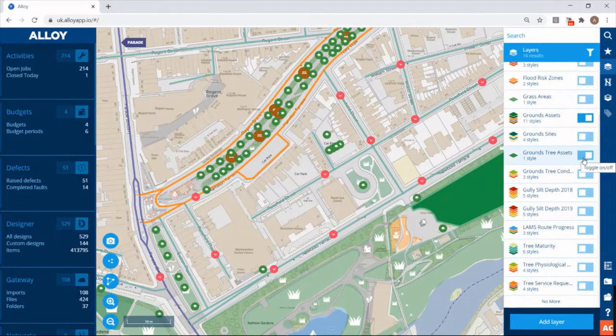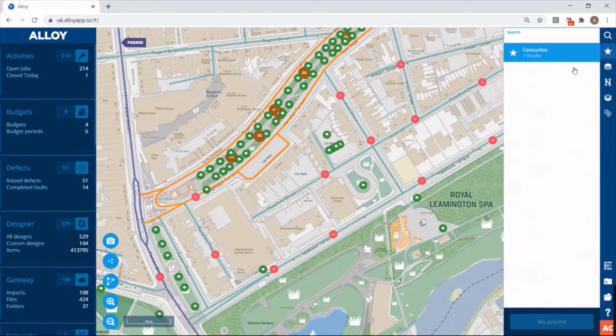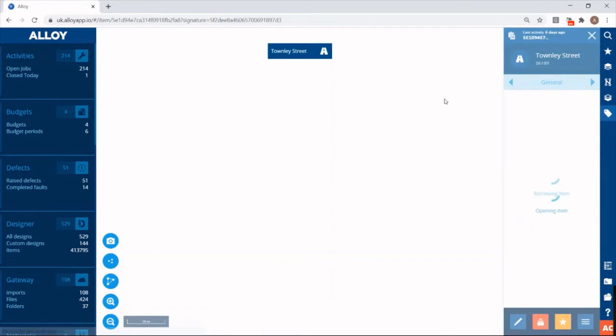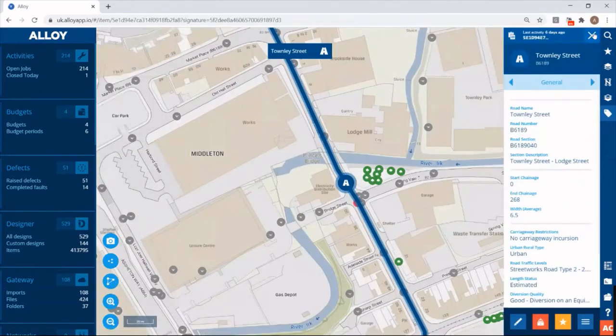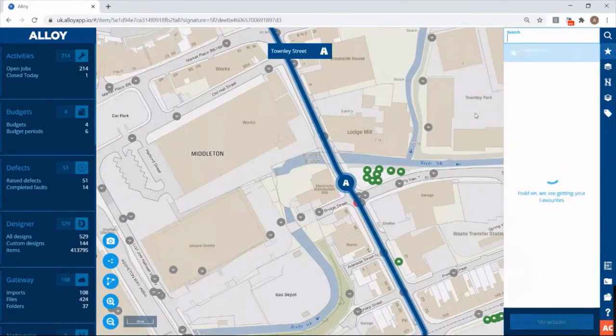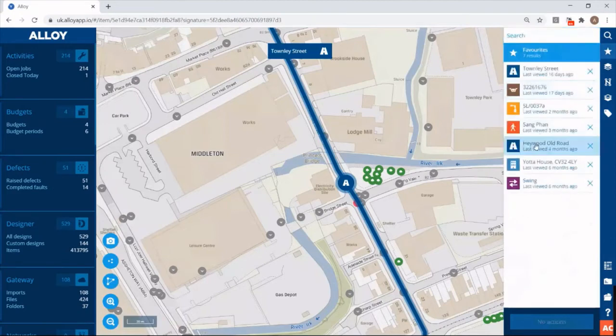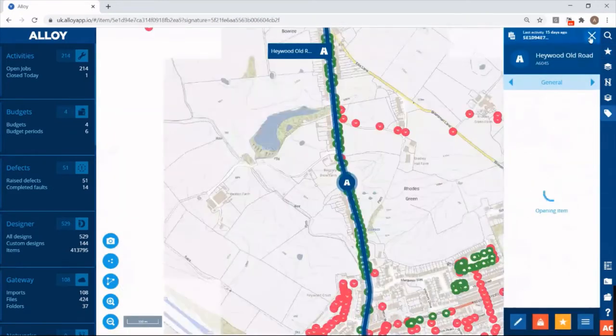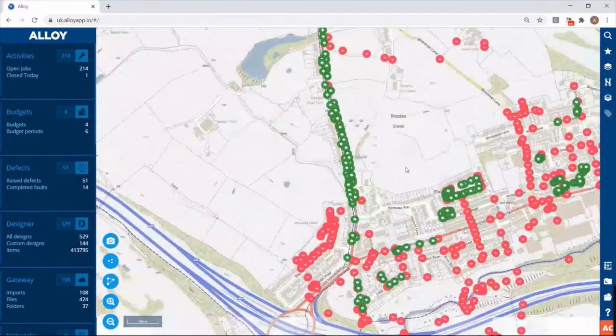But actually, what's also really beneficial is seeing all these layers combined together. It can actually make them greater than the sum of their parts. And I'm just going to nip to another location to talk through an example of this. Oh, not that one. We'll go to this one. There we go. So it's really useful to know where your trees are relative to your gullies,